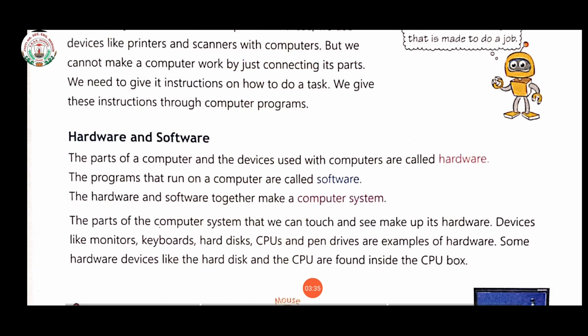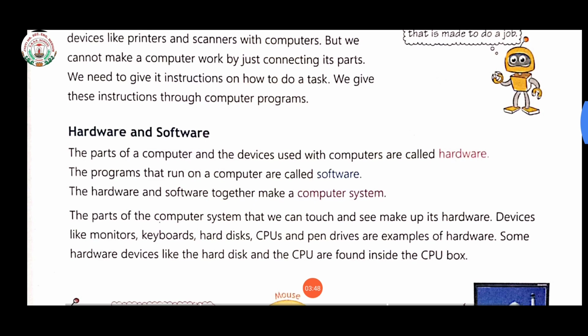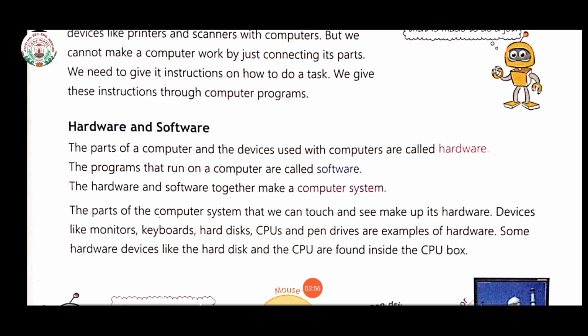You studied about programs in lesson number 1. A program helps computer hardware to work on data to give us information. For example, it can arrange names in order alphabetically or roll number wise, like that.